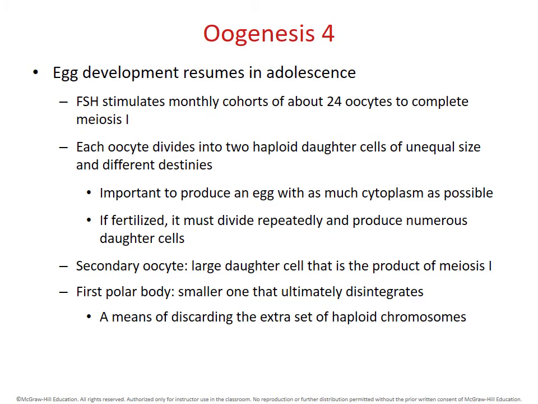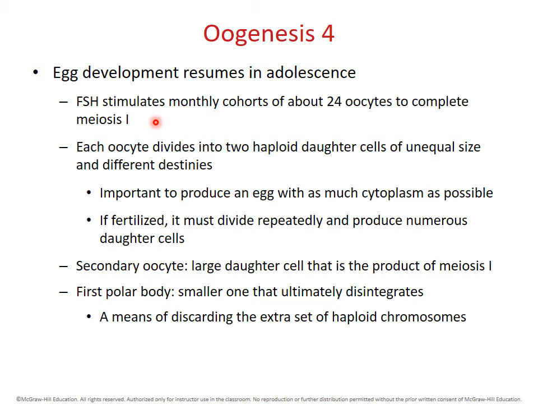We don't just stimulate one at a time, we stimulate groups of about 24. And so we call these cohorts of primary oocytes. We stimulate them to continue meiosis 1. Notice here another, I think, slight misstatement. It says complete meiosis 1. Well, we don't actually complete meiosis 1 while we're still a primary oocyte. So what the FSH does, it stimulates the primary oocytes to continue the first meiotic division. So they kick it back into gear, basically, pull it out of stasis and start moving it along that first